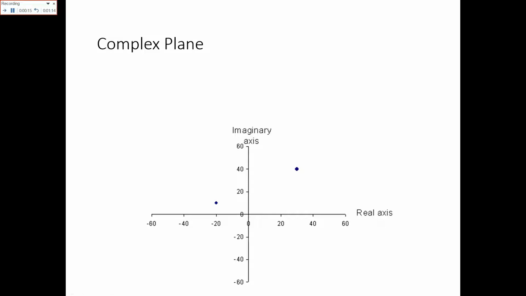Like if this is a number and these are the coordinates, I'll choose the highlighter to show you now. So this number is lying midway between 40 and 20, like 30. So the real part is 30 and the imaginary part is 40 iota. So this number is 30 plus 40 iota. As this number is lying on the negative side of the real part, this is minus 20 and this is up on 10. So the value of this number is minus 20 plus 10 iota. So this is how you will represent your complex numbers graphically.